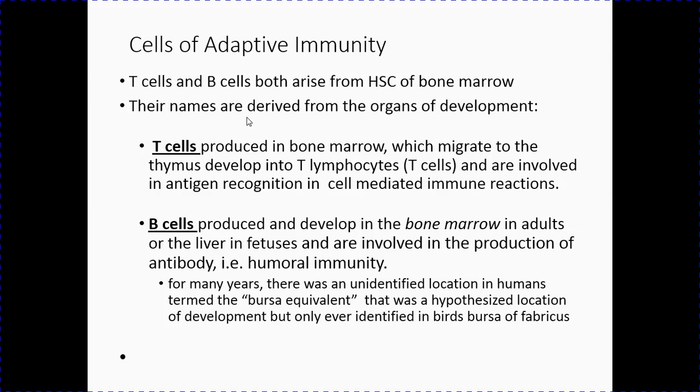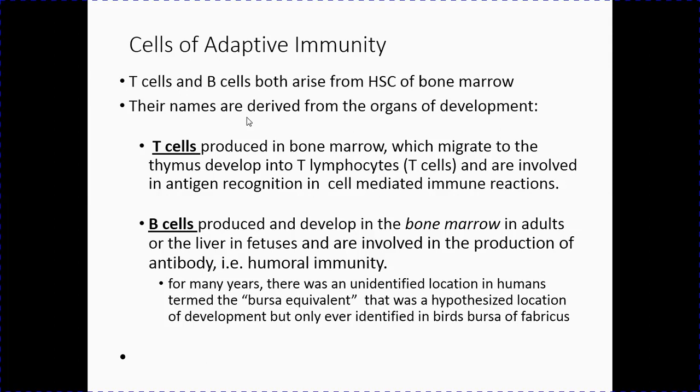First, let's talk about why they call them T and B cells. Their names are derived from the organs where they develop. T cells are produced in the bone marrow, and then they migrate to the thymus as very immature, young lymphocytes. They develop into mature lymphocytes, and they are then going to involve antigen recognition, that antigen presentation that we see